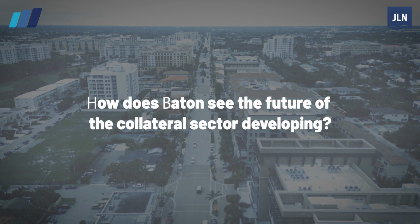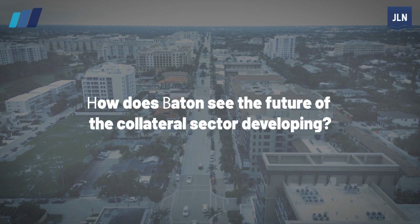How does Baton see the future of the collateral sector developing? The amount of collateral that's moved in the cleared derivative space is somewhere between 5 to 8% of the total collateral. So what does that pie chart look like? At this point in time, based on our analysis, the pie chart has a big tri-party component. There is a repo market in there, there's sec lending, sec financing, there are various parts of it that fill